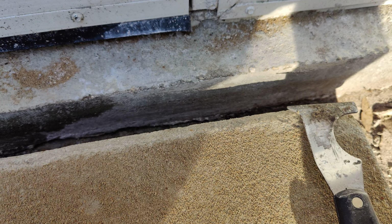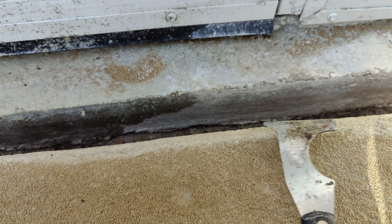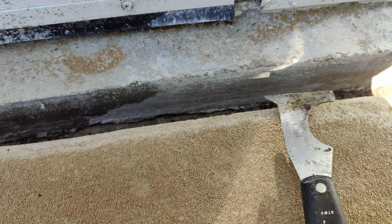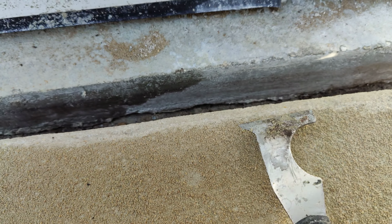So basically the concrete from here was coming over onto the form, and it was just caked up on the form as it was drying. Then when I peeled the form off, if this kind of makes sense, the mortar that was hanging over the form peeled up this way. So what I'm doing is